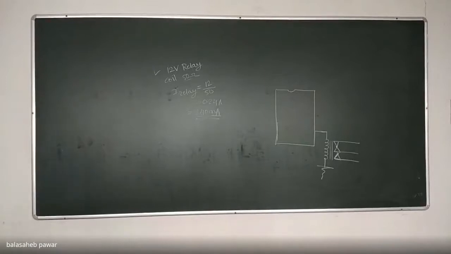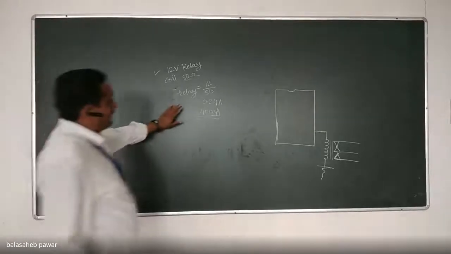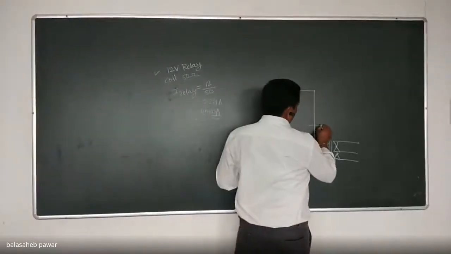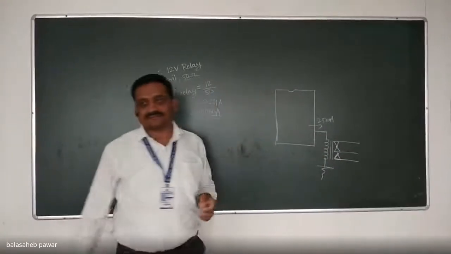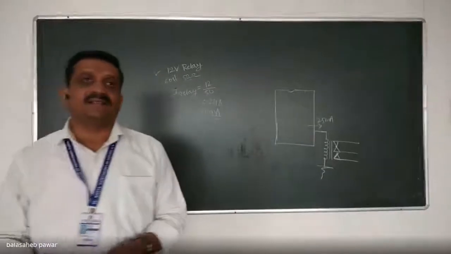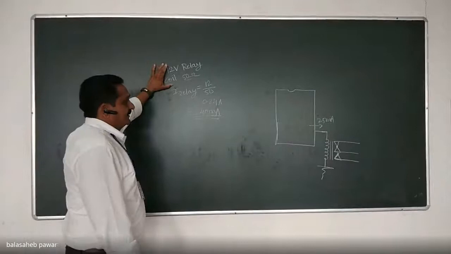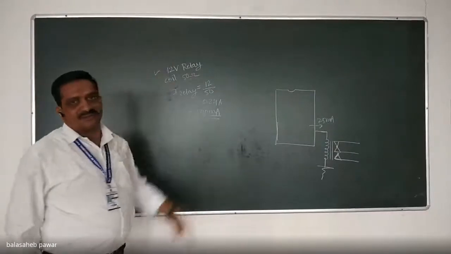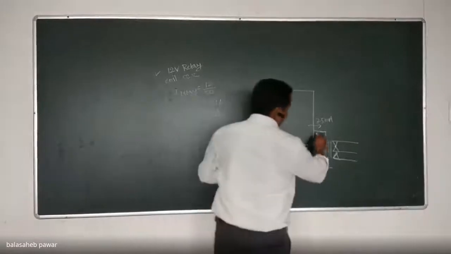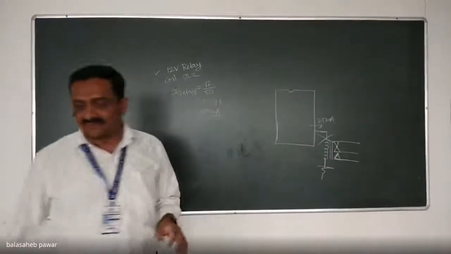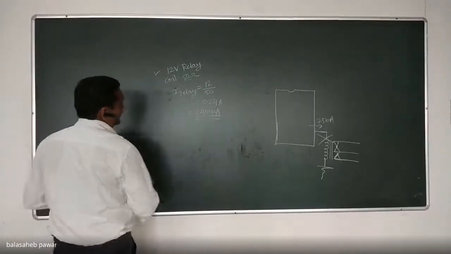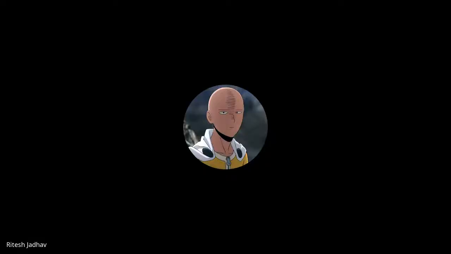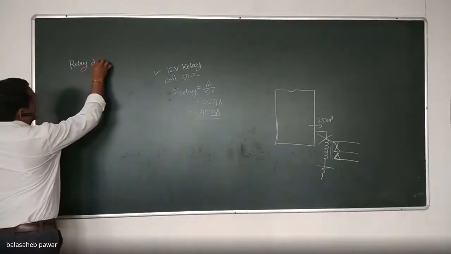The second point is the current requirement of that relay is 240 milliamperes, but the sourcing capacity of this microcontroller is just, suppose, 25 milliamps. That relay will not operate. That means, in short, this 12 volt 50 ohm relay will not be directly driven by our microcontroller, and hence we can't connect it like this. So there will be a need of some driver circuit. Right now, is it clear? Yes. Okay. So remember, there is a need of a relay driver.